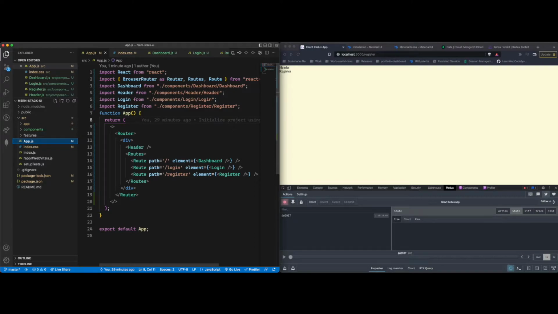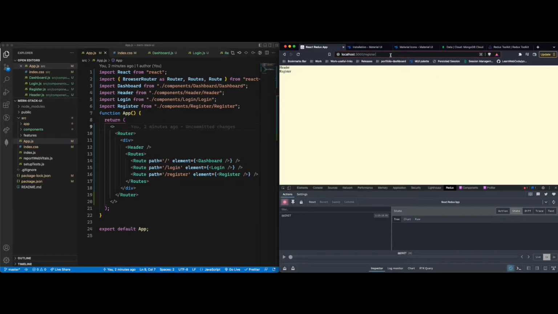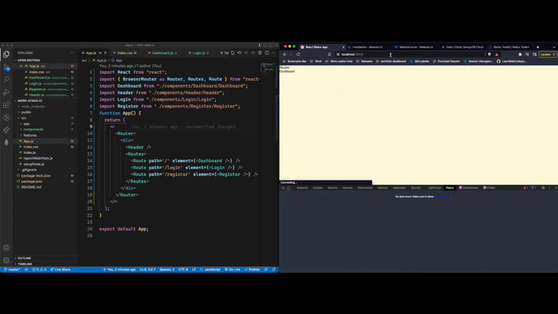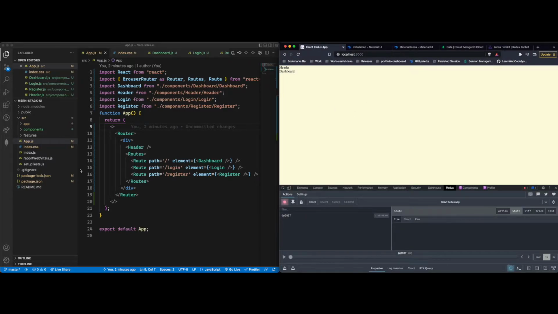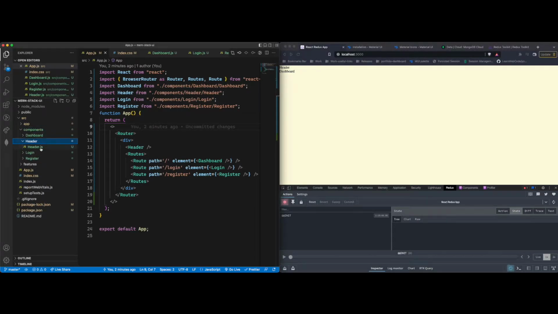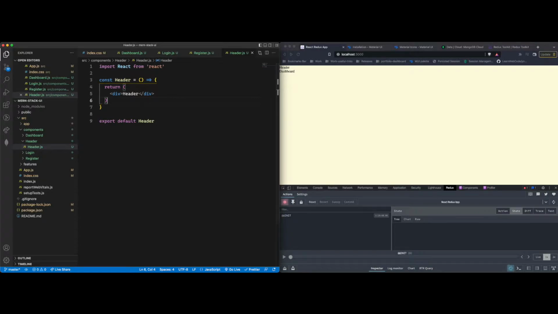Alright, so we are in app.js. We set up our routes already. Now I think we can start working on the header. Let's go to the home page, which is going to be the dashboard link. Now let's go to components and header, and this is the header file that we have. And just to make sure we save time and focus on the actual logic rather than the styles,